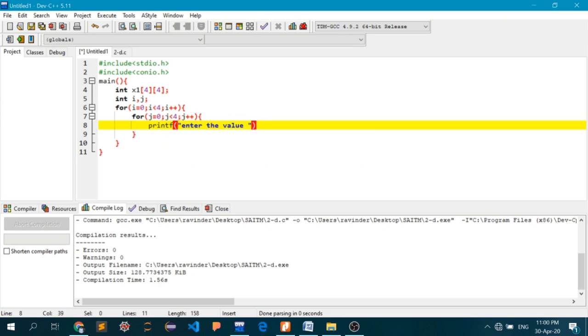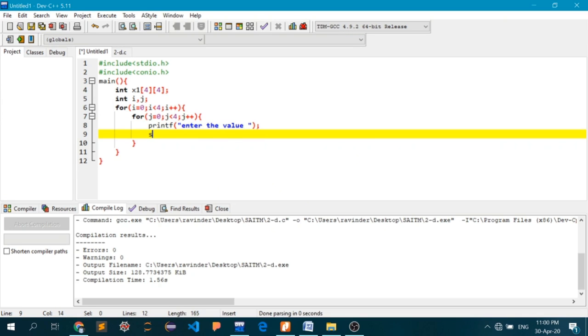Okay, next we are going to call a scanf function, with percentage d because we are using integer, and ampersand as the pointer to the location, and the name of the array is x1. Two square brackets will tell me which value I am interested in. Let's insert i and j.